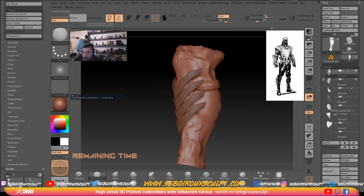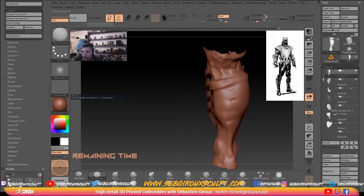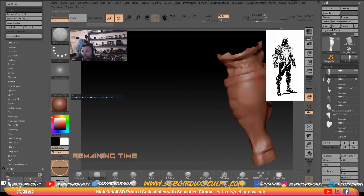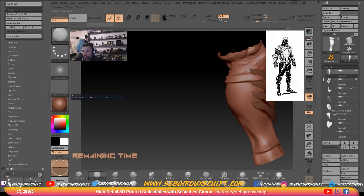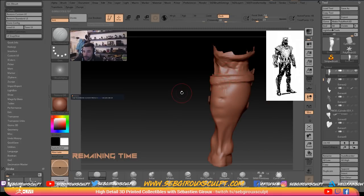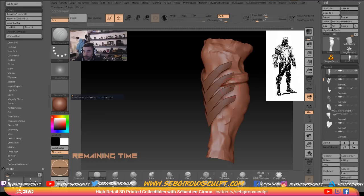Many teachers have different ways to learn or teach anatomy, and usually I need to go through many different books to pick up different things, because for some reason some stuff sticks in some books and in other books it doesn't, or it's a different part of the human body that sticks. So